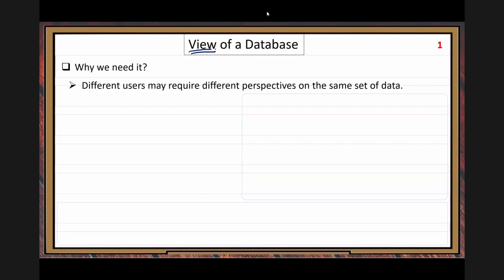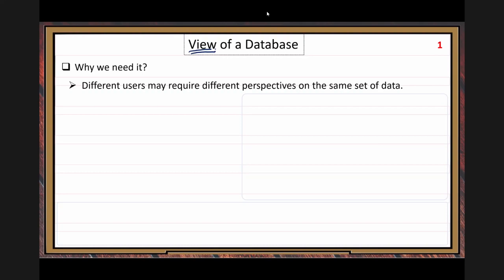So the data should be presented in their own preferred formats. But for each customer's preference, you don't want to create a physical table to store that data, right?